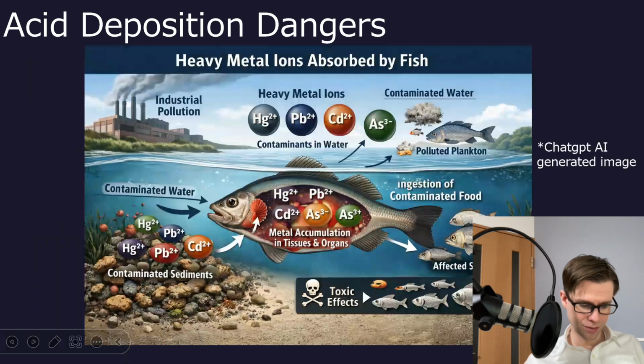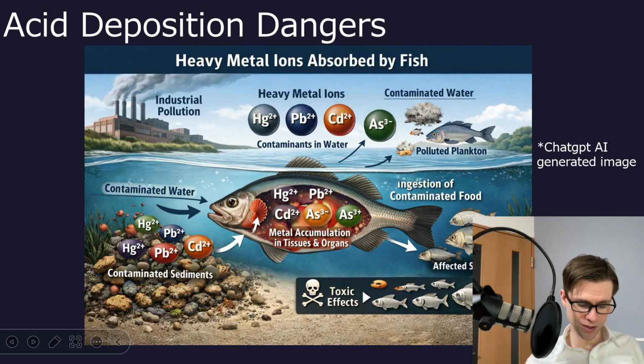And I want to dive just a little deeper into the fish and the food chain idea. So industrial pollution, this used to be much more of a problem, but I'm sure it still is now. They'll dump their waste products into lakes or rivers or oceans. And although they might be just metal pieces to start with, or pure things like iron or mercury or lead, once acids are nearby, they tend to oxidize these metals and make them more mobile and easily absorbed by organic material that's living there.